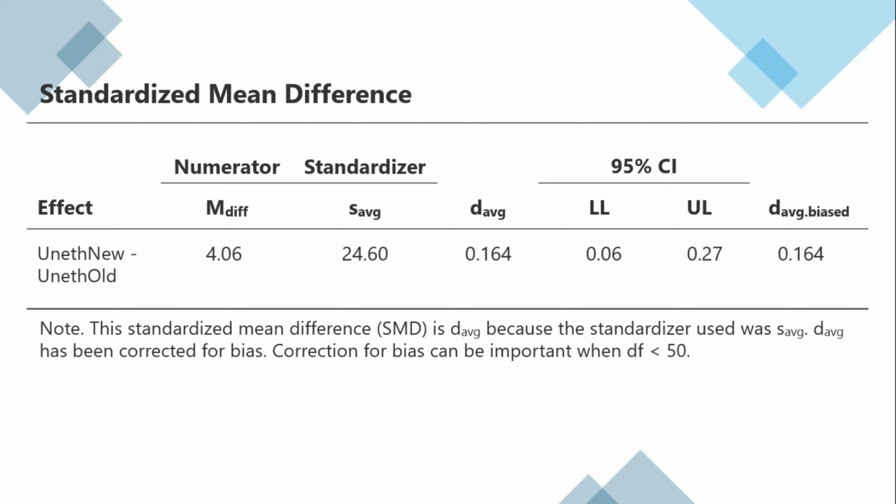One little comment here, if you've been looking in the book a little bit, the author of the textbook, if it calls a mean difference, if you just take the difference between two means and don't divide it by any kind of a standardizer to make it a standardized mean difference. If I'm not mistaken, the authors of the textbook call just a mean difference, they call that an effect size